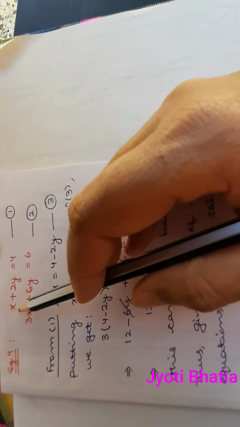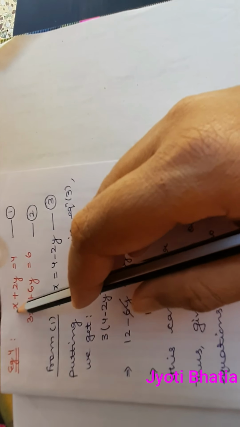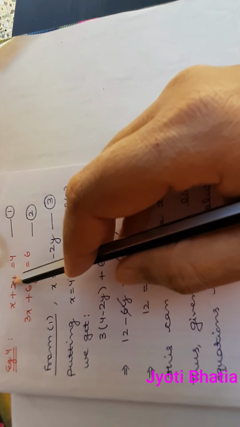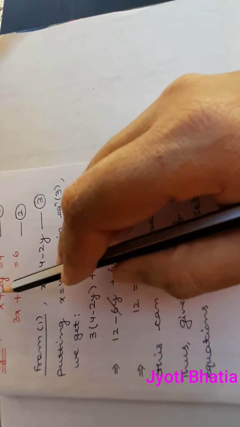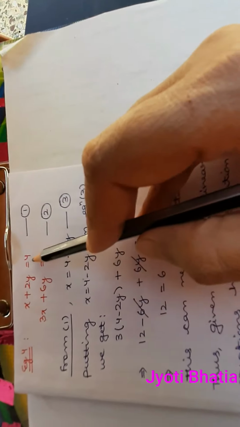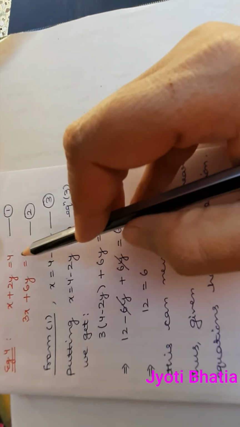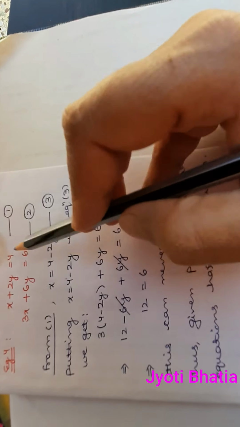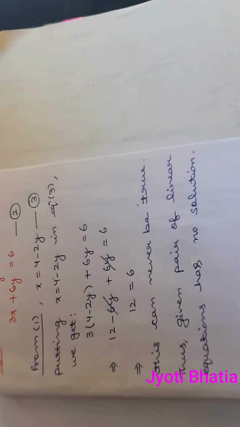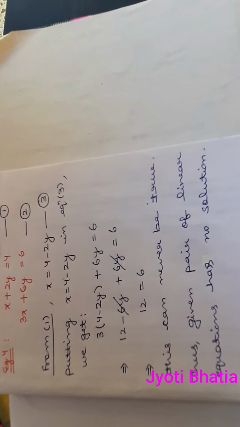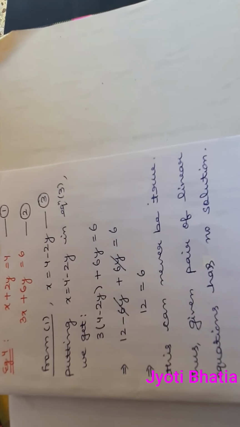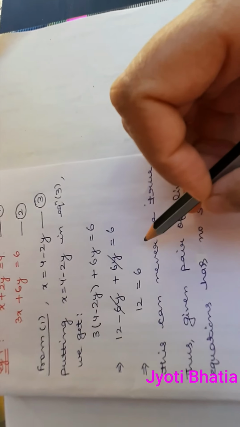If you just look here, coefficient of x is 1. 1 upon 3. 2 upon 6 is also 1 upon 3. So a1 by a2 is equal to b1 by b2, but not equal to c1 upon c2, as it is 4 by 6, which is 2 by 3. So you're getting something in mind that first two ratios are equal but the last ratio is not equal. This is the case of parallel lines, right? No solution. But let us see how we get to solve it algebraically.